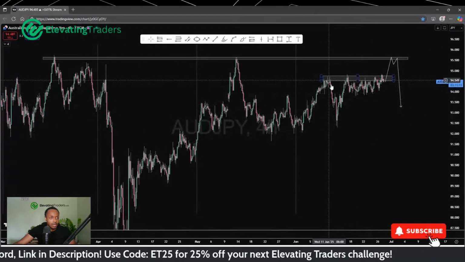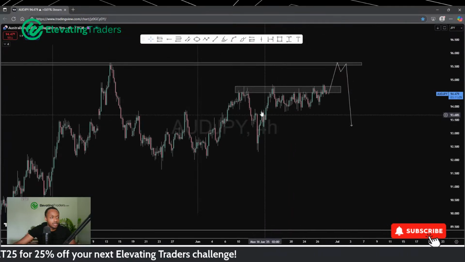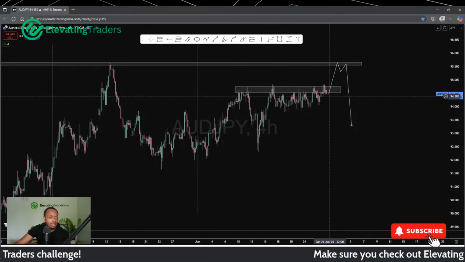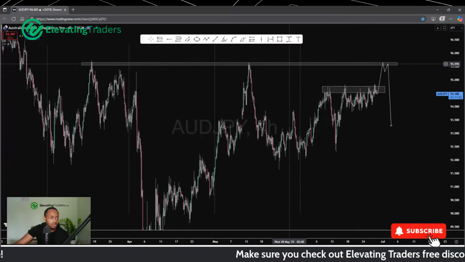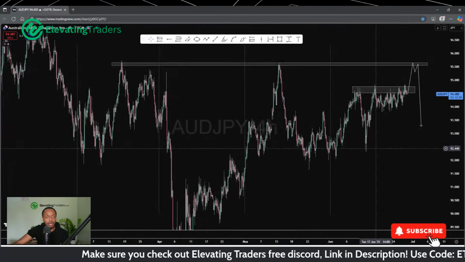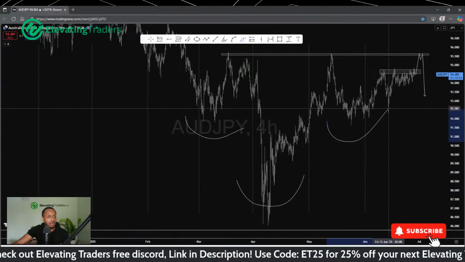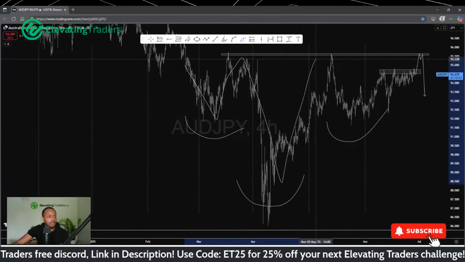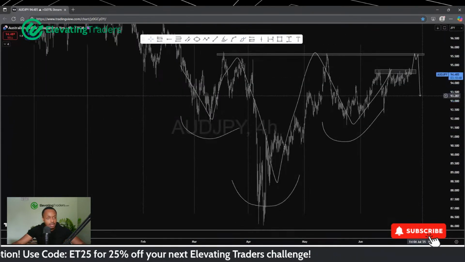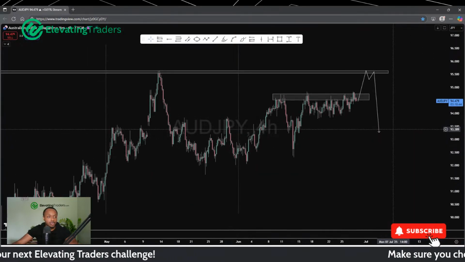We've had somewhat of a nice sell-off, but we had a very sharp recovery. So the way I see it, this is somewhat of a V-shaped pattern. I do think price is likely to break resistance there and push back into the neckline of the pattern. Nice inverse head and shoulders pattern at play there. Left shoulder, head, right shoulder, and of course, that would be your neckline. So if you see a break of that, it could actually be a very nice buy opportunity off the back of that for Aussie yen.